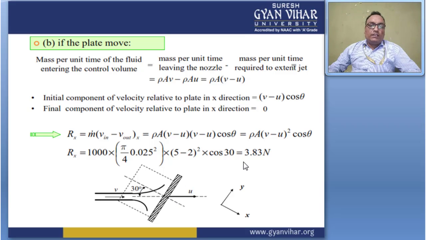So it gives the reaction in the x direction of 3.83 Newton. This reaction is 3.83. So the resultant force acting on the wall, if the plate is moving, is 3.83 Newton. So this is the final answer of this question. And let's move to the